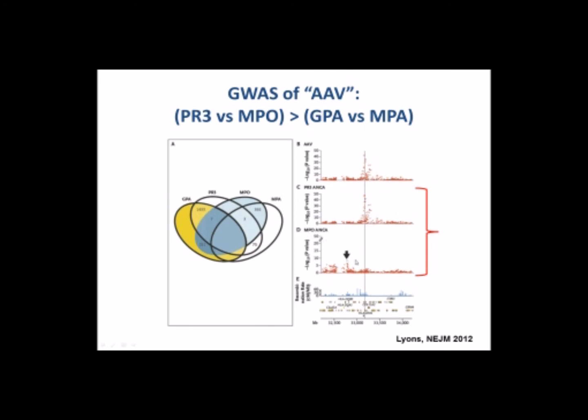And then the MPO is different. And so these are both in the HLA region that I told you about before that determines risk of different autoimmune diseases. But it kind of confirmed something that wasn't too surprising but had never been shown before, that a different autoantigen, meaning our own protein that's being attacked by the immune system, is different for these two different autoantigens that are components of white blood cells. But it didn't correlate so well with the GPA versus MPA, so we don't know why those two diseases are different.